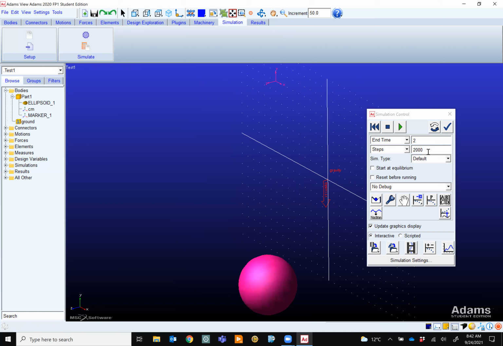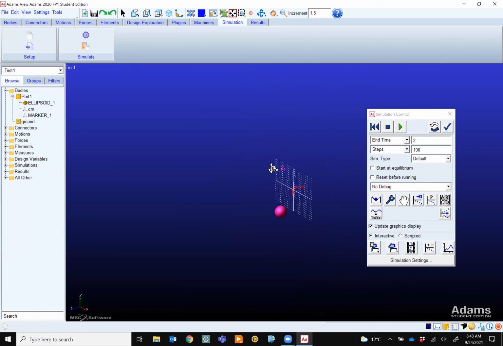Okay. So now, just for the sake of a test, let's say these 2 seconds, I want it to be like 100 steps. Zoom, so you can see, move up. If I run now, this time is fast, right? Yeah. See, this is just for the simulation, but in reality, it is 2 seconds. So the result, whatever in future we measure, force, velocity, is based on 2 seconds.